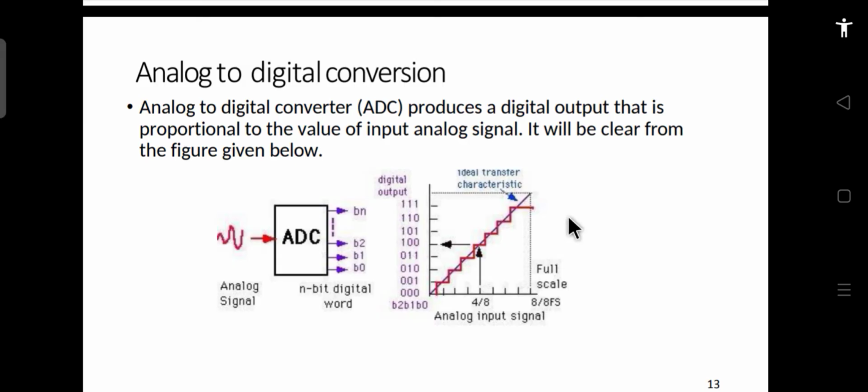The 45-degree continuous line which you can see is the ideal characteristic, which we get only for an ideal ADC, and the ideal ADC has infinite resolution. When the resolution of the ADC is infinite, the number of bits is infinite, and only then is this characteristic possible. But practically, however many bits we add, we cannot make it infinite. So the output characteristic will not be a smooth line, but will look like steps, and that is why this type of output is called the staircase output.